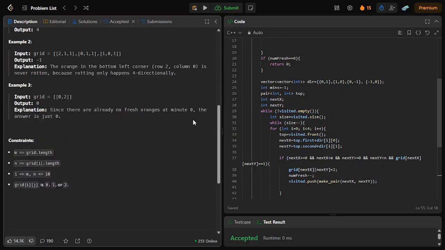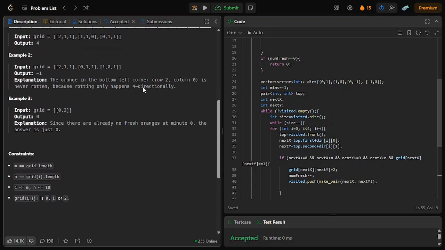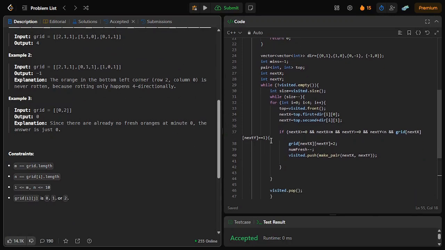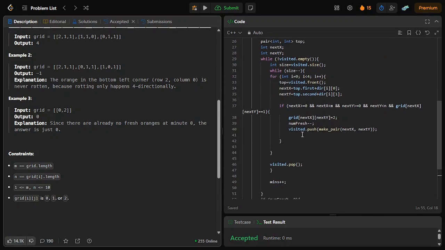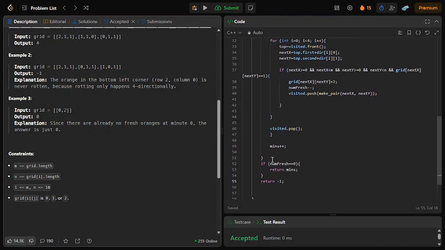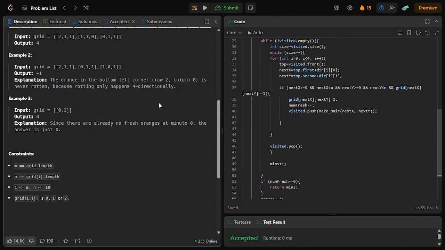We start with minutes equal to -1 because if by any chance the number of fresh oranges does not stay 0 at the end of our code run, then we can easily return it. Anyways, so